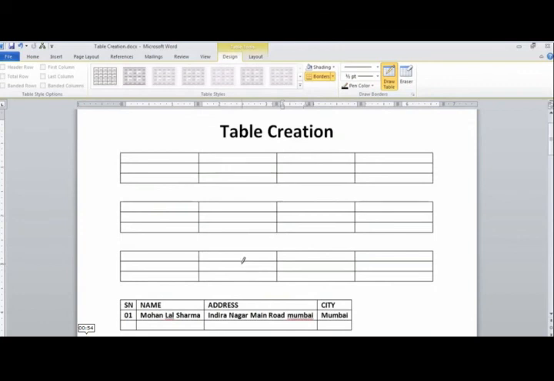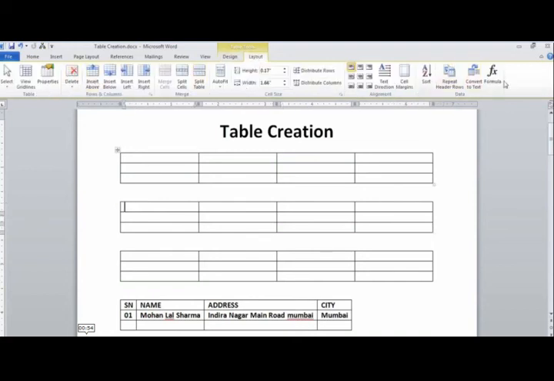So I hope, children, this option will be suitable. We have learned how to create a table in your MS Word. Also, children, if you want to insert a number of rows and columns in your table, you can insert them.